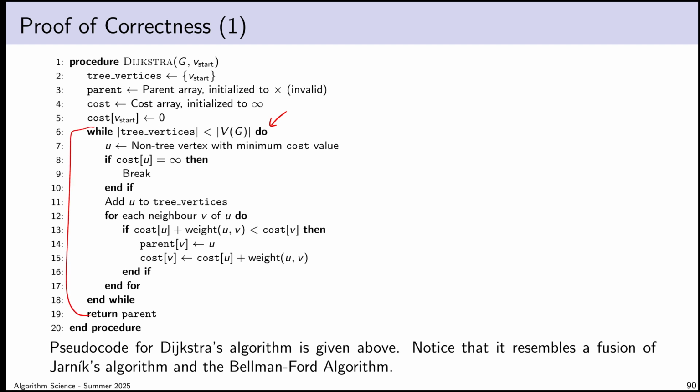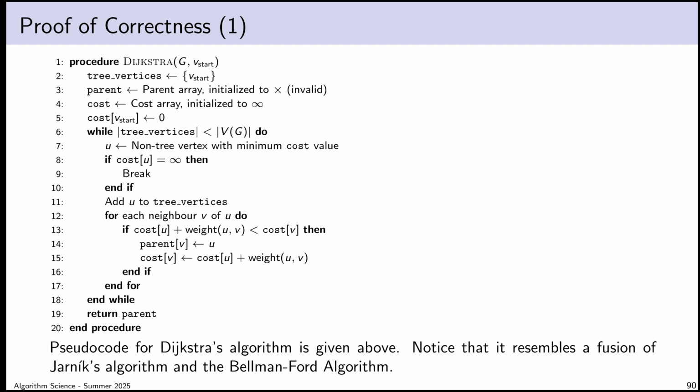So the primary termination condition is if I reach a state where everything in the graph is in the tree, then I'm done. But of course, I could have to terminate earlier. This loop by itself would become an infinite loop if I reach a situation where I can no longer add vertices to the tree. So I have a secondary condition. At each step, I go grab the vertex which is the non-tree vertex with minimum cost, and if it turns out that no such vertex exists except for one with infinite cost, so if the only non-tree vertices have infinite costs, then I break the loop. Then the algorithm has to terminate because I can't expand the tree any further. So between these two conditions, the loop condition and this extra early condition to bail out of the loop, these enforce the termination condition I described a minute ago.